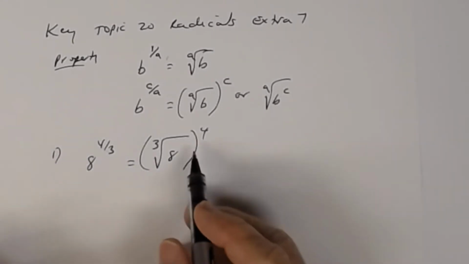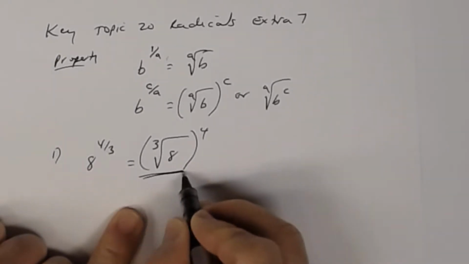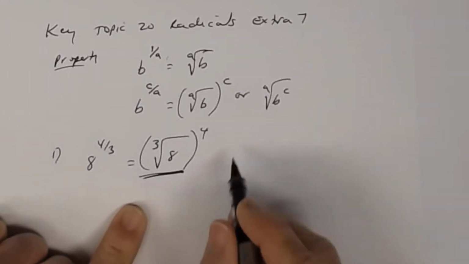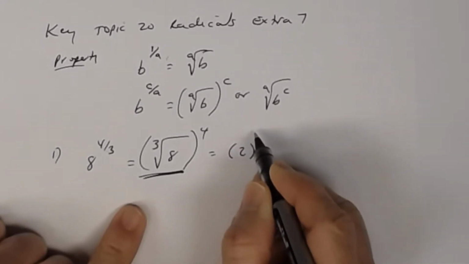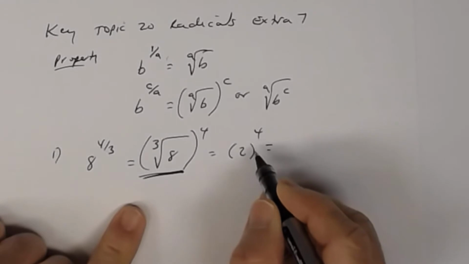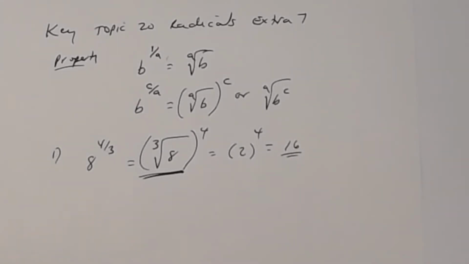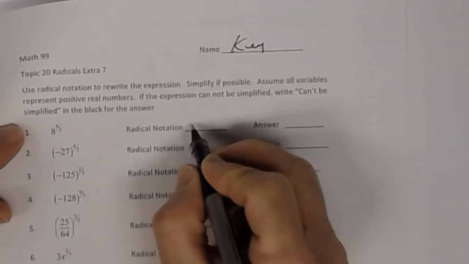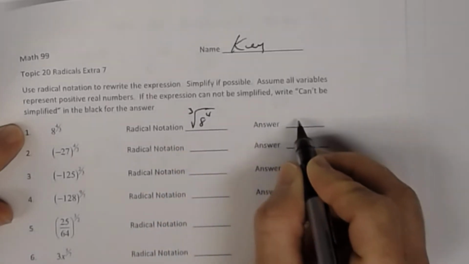And so the cube root of 8 is 2. I want you to notice that this would be your radical notation. And then you would say, well, the cube root of 8 is 2, right? And then 2 to the 4th means 2 times 2 times 2 times 2, which is 16. So that'll be the answer. So in number 1, radical notation, you'd say the cube root of 8 to the 4th, and your answer would be